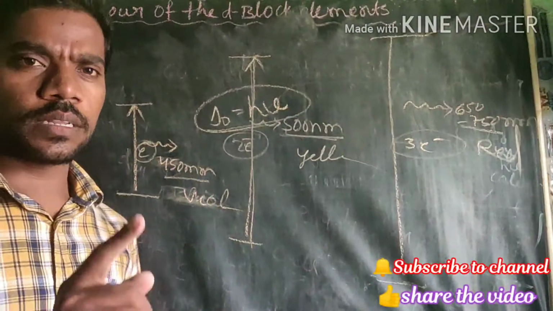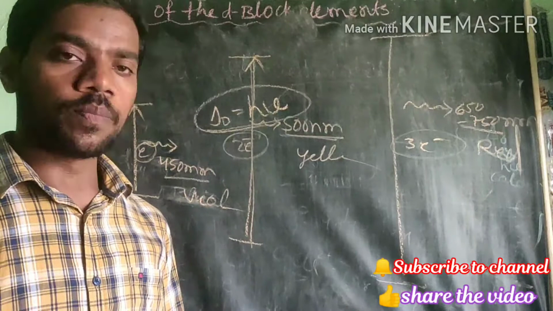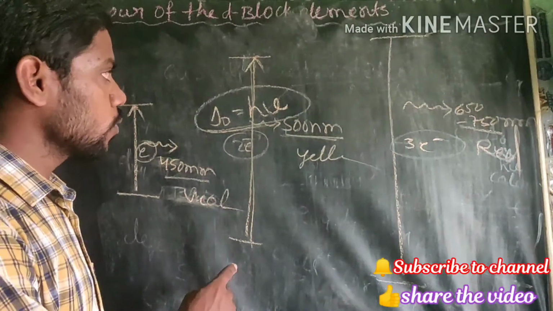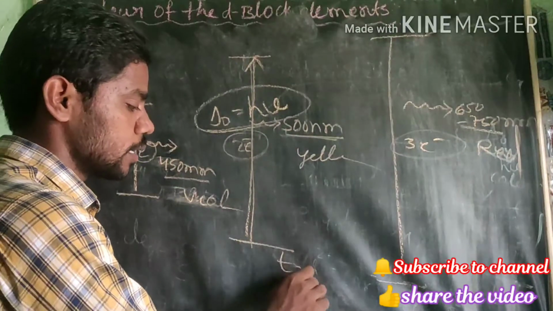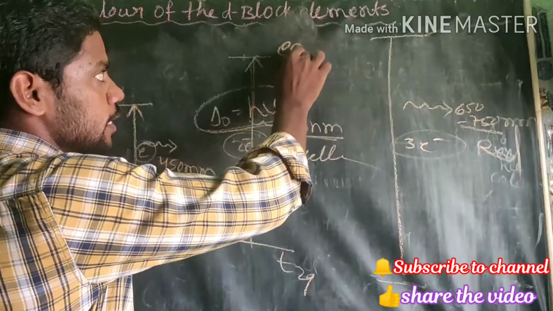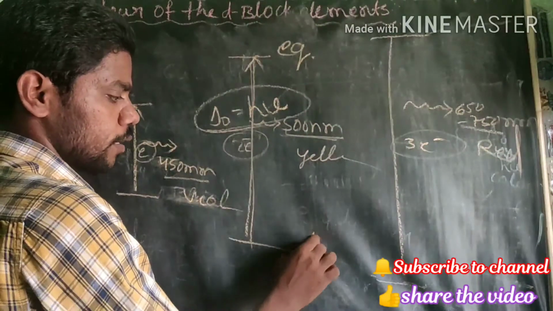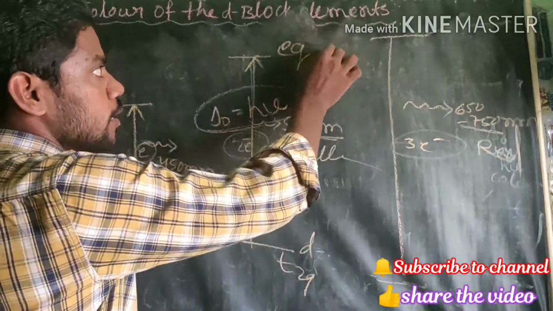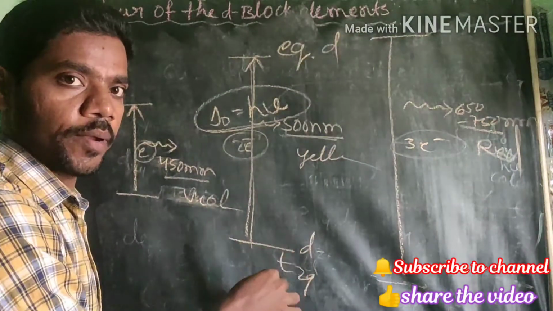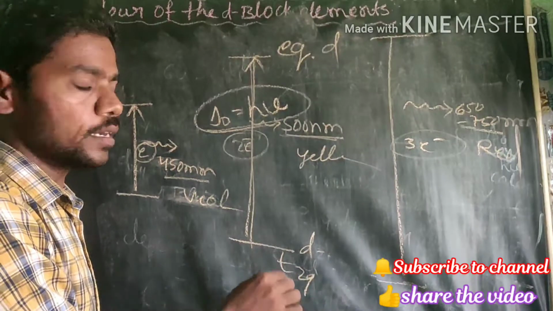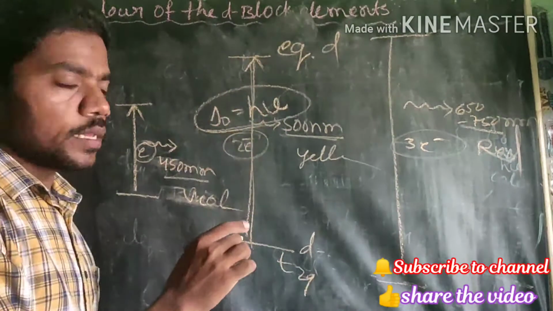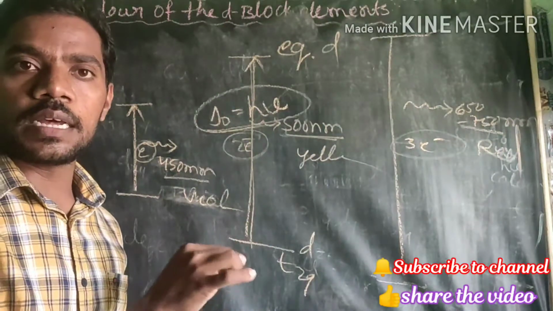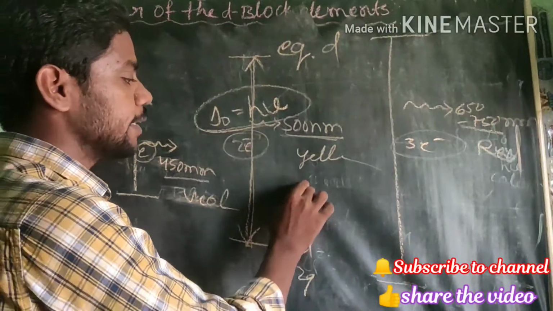Hi dear students, one thing I forgot to tell in the video. These electrons are moving from a lower energy orbital to a higher energy orbital. They are called t2g and eg, and they are also d orbitals, because they consist of dxy, dyz, dzx, dx square minus y square, dz square. But one thing, these compounds are colored due to one more reason, d-d transition.